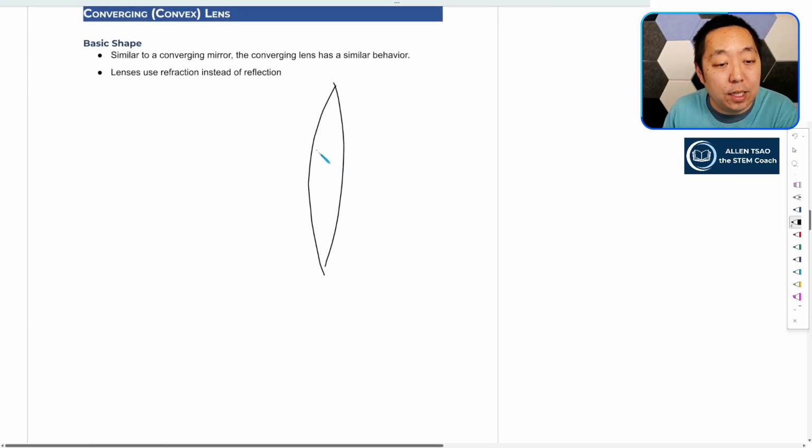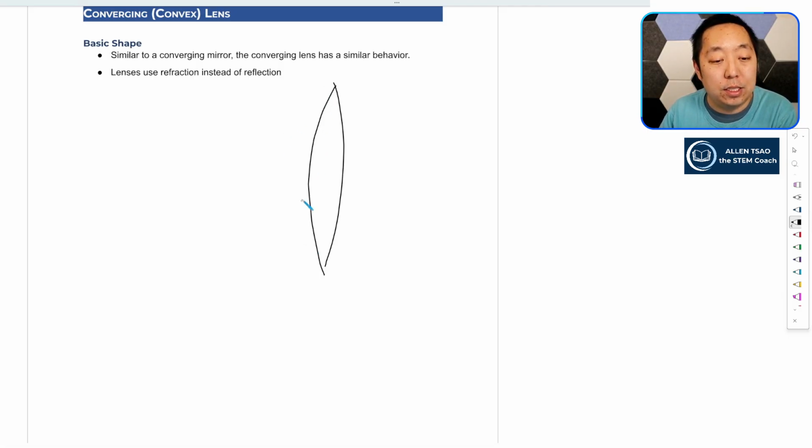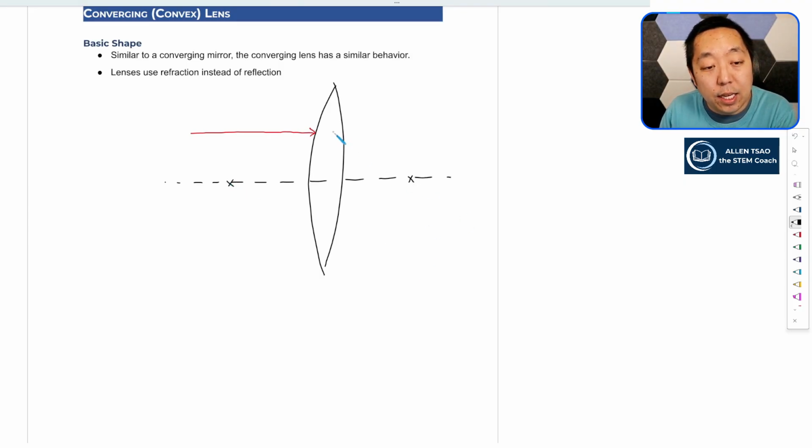But basically, it's a glass or plastic or some material that's shaped like this, and the whole idea is that the light will head towards it, like this. And because it's curved, we're going to have a similar case where this is the principal axis. That's the center of the lens. And there's going to be something called a focal point on either side of it. And the reason it does this, by the way, is if you were to look at the normal line here,